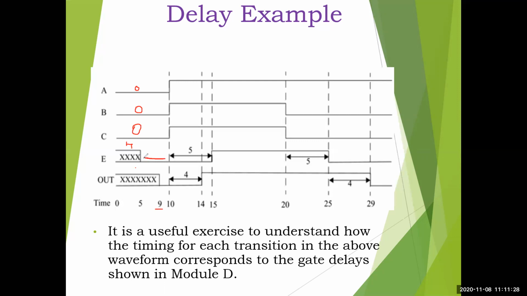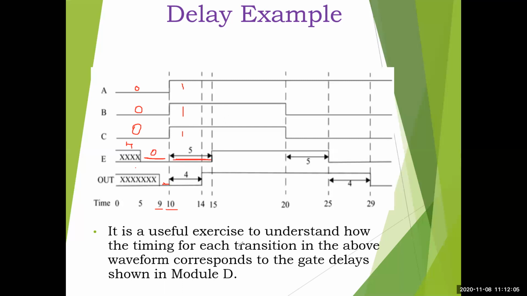So when E becomes 0 here, then there is a 4 delay, right, for the OR gate. So then it will become 0 here, because it is 0 and this 0, 0 plus 0 is 0. Okay, and this delay will continue for another 4. So at time 10, you have changed the value to 1. Okay, so it becomes 111, right? But you have the delay in the gates, how much is it? 5. So this value of 0 will continue another 5 time units to become 1.